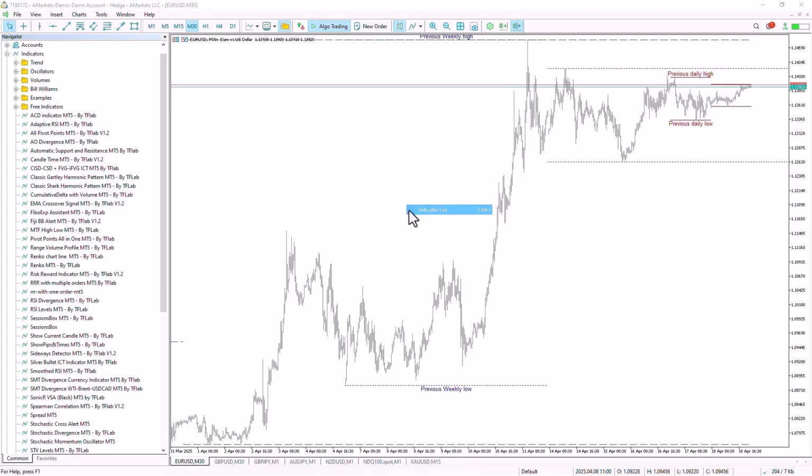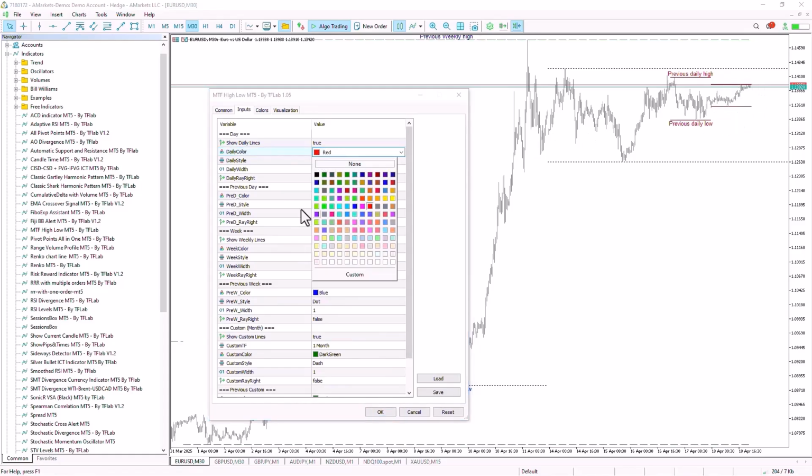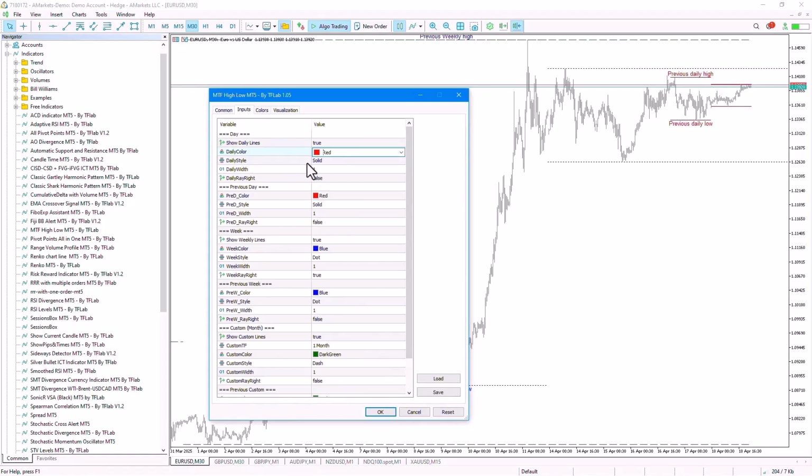In the settings section, in the input section, there are options available for us. In the first part, we can enable or disable the display of daily lines and change the color of the lines to our preference. We can select the color of today's lines according to our desired choice. We can choose the type of line drawing from the 5 options available to us, which include solid, dash, dot, dash dot, and dash dot dot. In the next section, we can set the line size,